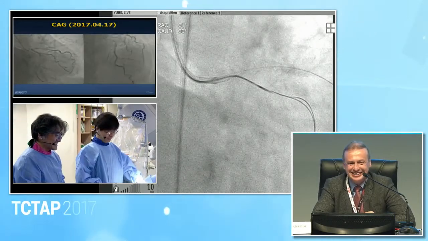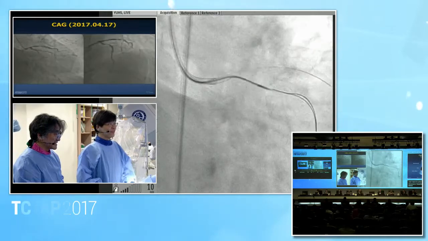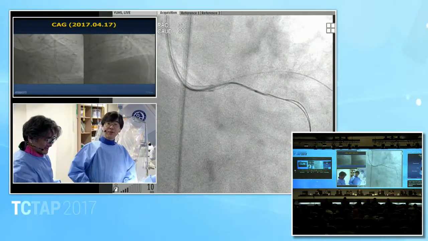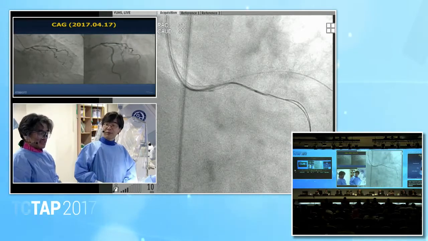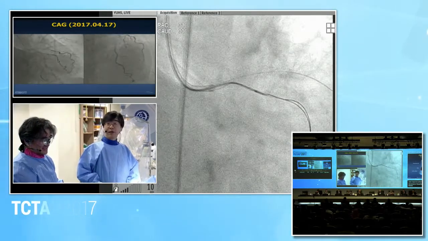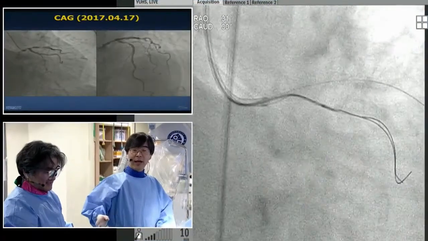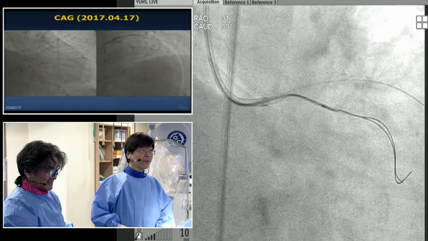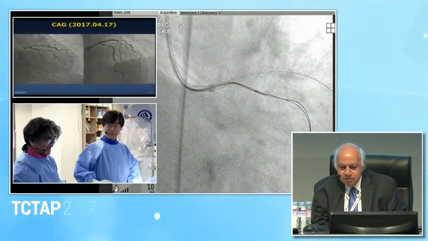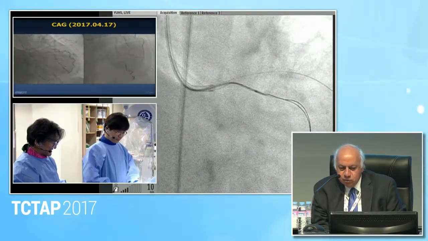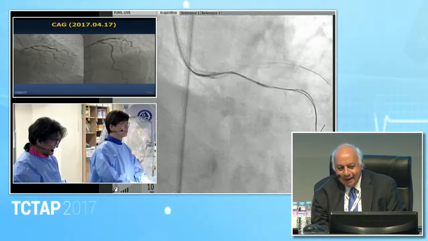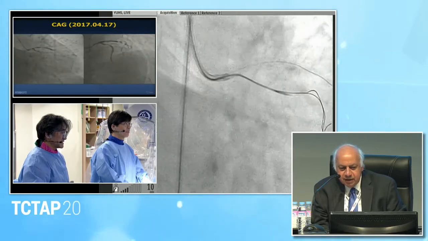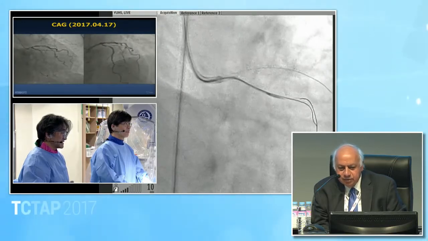Okay. Is it mandatory to open the struts of the left main to the circumflex? No, I don't think so. It depends on the physiology assessment. If the FFR value is less than 0.8, we will dilate. This is very important because in the past it was routine, but nowadays we are not using this. If the FFR is normal, we are not going to open it, because they're claiming that if you open these struts, it allows further examination of the circumflex, if you can go inside without endothelial proliferation.